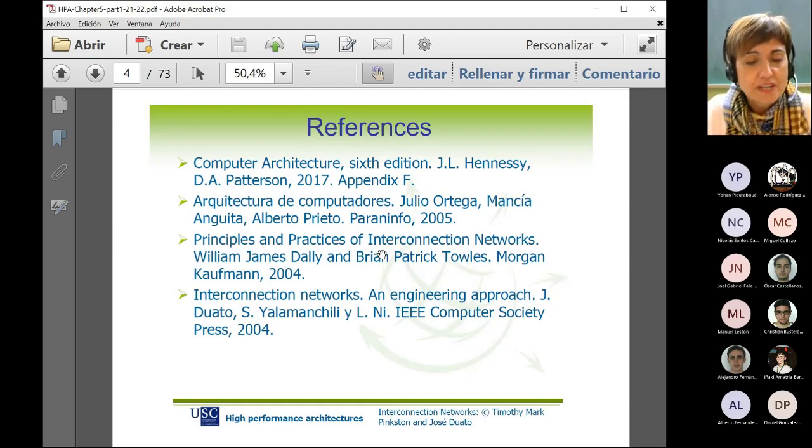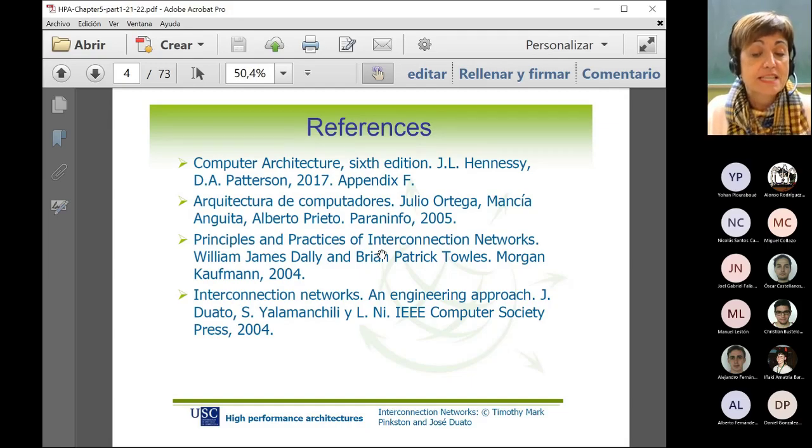But basically, here we have some books that talk about interconnection networks that can be useful for you. First of all, the book Computer Architecture by Hennessy and Patterson. It's a very relevant book in computer architecture, and in particular, Appendix F of this edition is all about interconnection